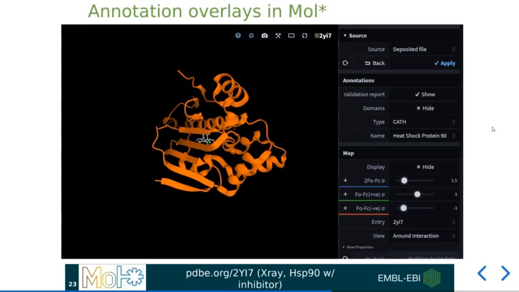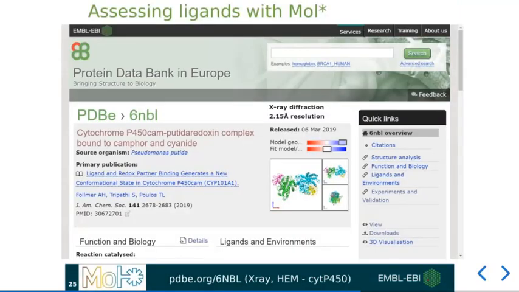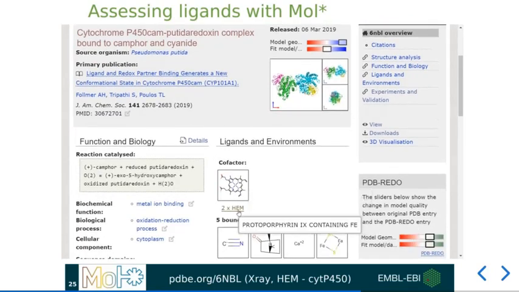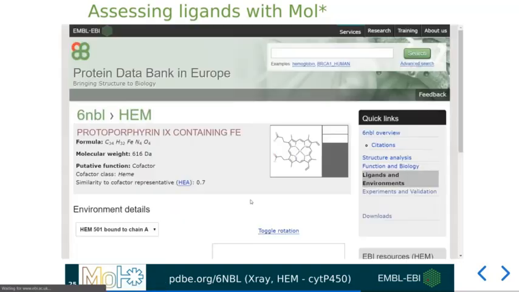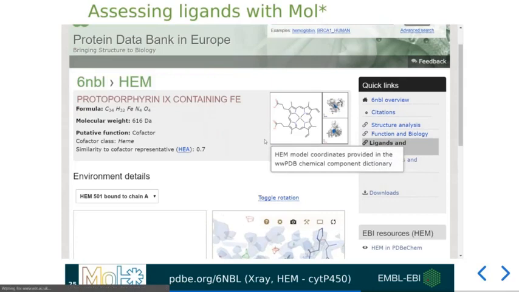Okay, so moving on from annotations, here I'd like to show how MolStar can be a great way to investigate ligands in specific PDBe entries. For example, when on an entry page where ligands are present, specific links will be available. If you scroll down a little bit here on this entry for P450, these links will be visible for each chemical component. When these are clicked, we're taken to a ligand page and presented firstly with a 2D view of the ligand,